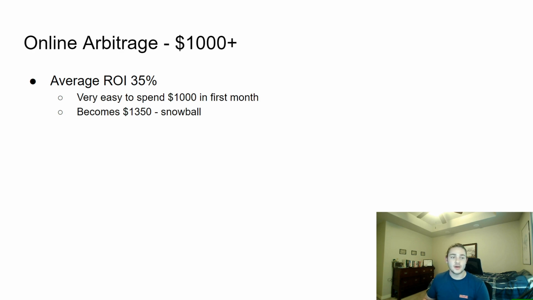And if you have more capital to start with, you can see how easy it really would be to build a pretty good sized business off of just online arbitrage because of how sustainable it is. In my mind, I would say that online arbitrage has a pretty low time cost versus books, where you have to go out and source each book individually. With online arbitrage, you can find a product, and then in a best case scenario, you can just keep buying that product over and over and over again.